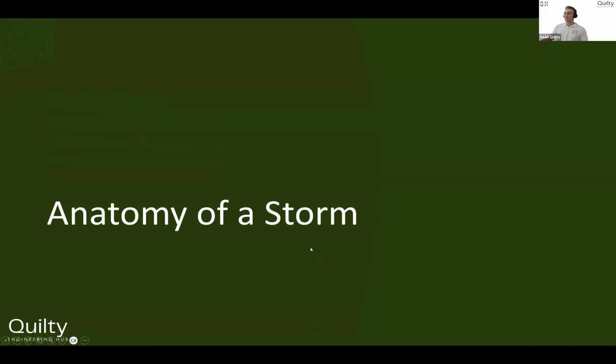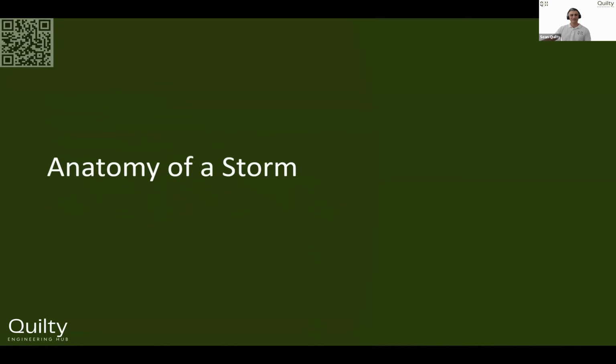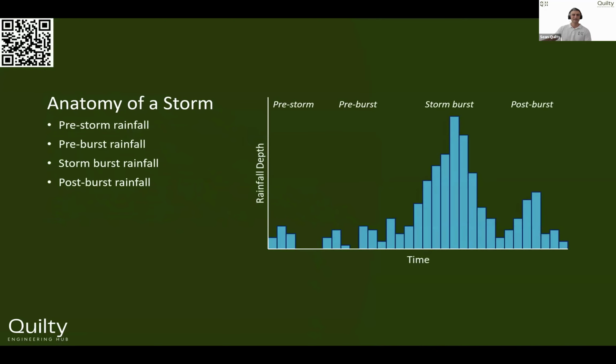So then we look at the storm itself. Like I said before, storms can be pretty random and it's very hard to specifically depict what a storm's going to do. So this is where we try to break up any storm into small portions or sections within the storm itself. In this graph, for example, we've got time on the x-axis and rainfall depth on the y-axis. You can see over time your rainfall is going to fluctuate, and it is quite random. It's not always just a nice incline and then decline. It can peak multiple times. There's all sorts of stuff that could happen.